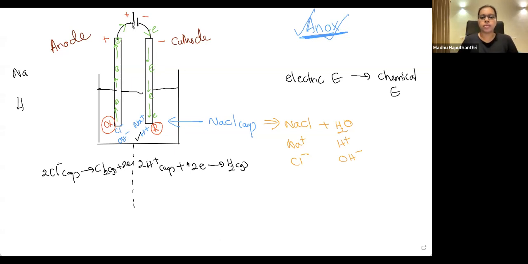Reduction is always at the cathode, oxidation at the anode. Don't try to remember both. Just keep only one in mind, and the other way around happens for the other. So at the cathode, out of sodium and hydrogen, the one at the bottom gets the chance, which is hydrogen. For the oxidation, if you have a halogen, here Cl minus and OH minus are both there, don't even look at the other anion. That is only an exam tip I'm telling you.